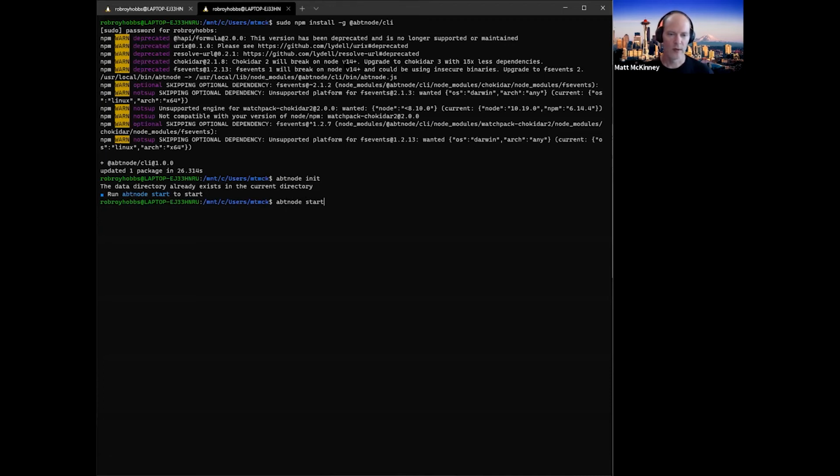So let's go ahead and type in ABT Node start. And once we complete this process, it's going to give us the IP address to go ahead and put into our browser to go ahead and start interacting with ABT Node. So as you can see, in less than 30 seconds, we've already got this platform up and running in our